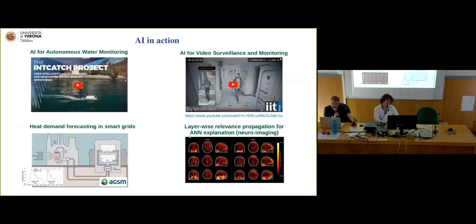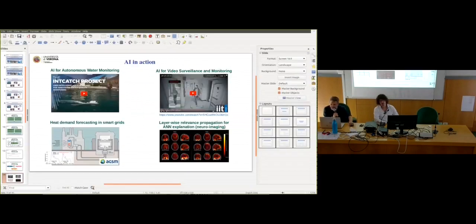So just to show you very quickly AI in action here at the Department of Computer Science, I would like to show you a couple of projects. In the first project has been developed this